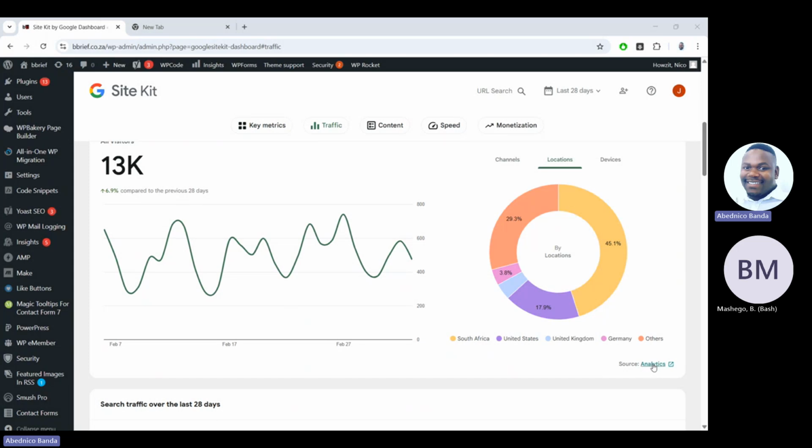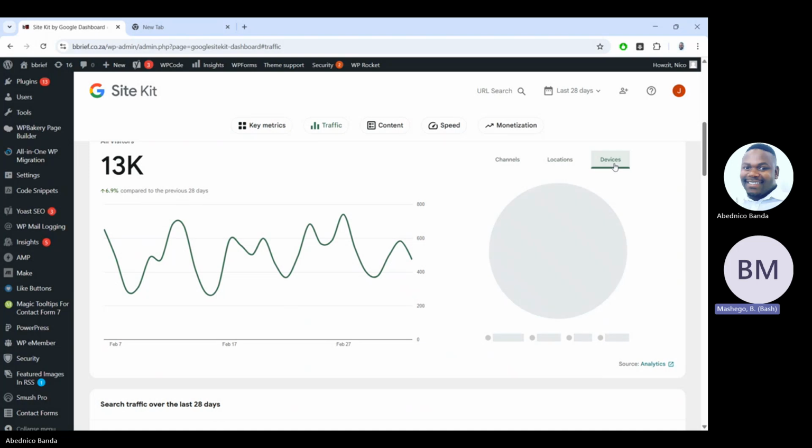If you go to analytics, that's where you can see others. So that's your locations. Then you have got your devices here. I don't know if you can see where my mouse is. You click on that. Yes, I see that Google logo on the left at the top. Is this like